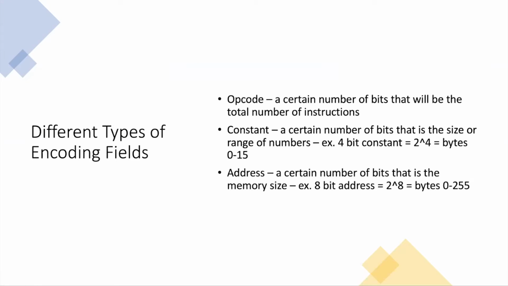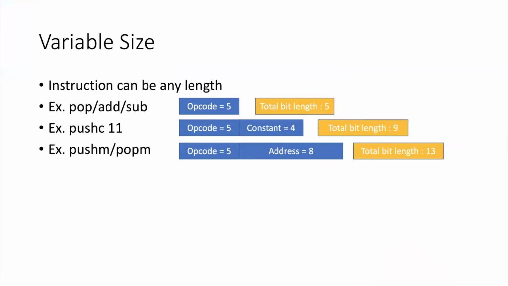So for example, if we have a 4-bit constant, it means it's 2 raised to the power of 4, which will then equal byte size 0 to 15. Address is a certain number of bits that is the memory size. So for example, an 8-bit address would be 2 to the power of 8, which would then equal byte size 0 to 255. So for variable size, the instruction can be any length, which means that throughout the code, your